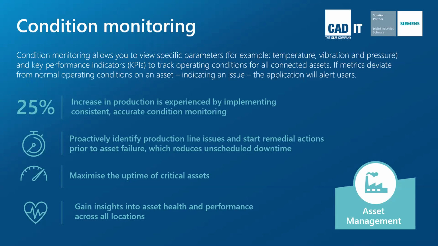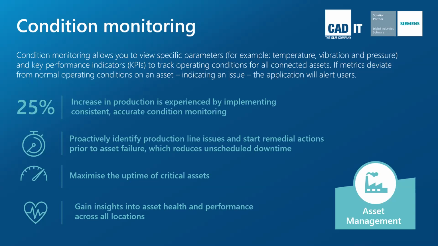So what we typically see with condition monitoring is a 25% increase in production experienced by a number of industries that have implemented consistent and accurate condition monitoring across their key assets. And this is done by enabling them to proactively identify production line issues, start remedial actions prior to asset failure, and really help them to reduce unscheduled downtime. You can move from